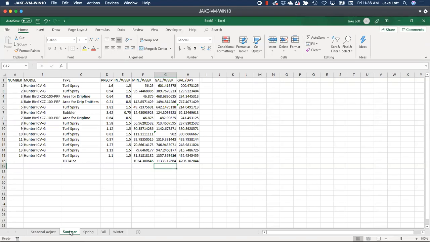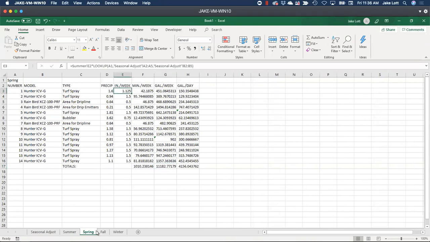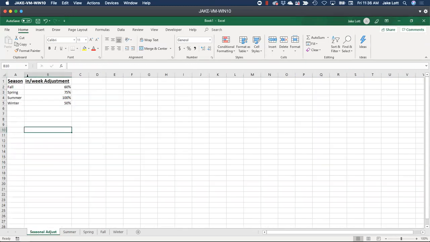Yeah, look at the lookup function. If we were to do another more complicated one, VLOOKUP with a table and stuff, it would have found it no matter where it is. Lookup does need to be alphabetical. I see. Yeah, that's my bad. So this now is looking at spring, and it's finding that corresponding adjustment here. So now what I can do,